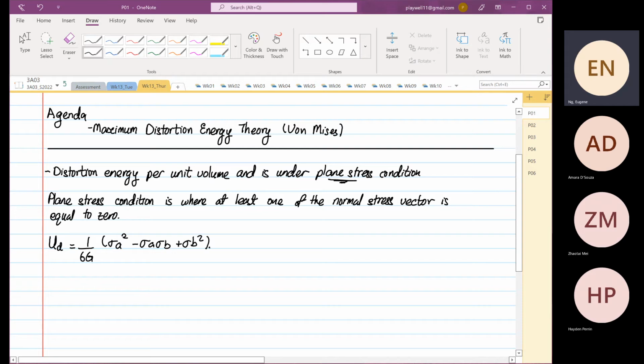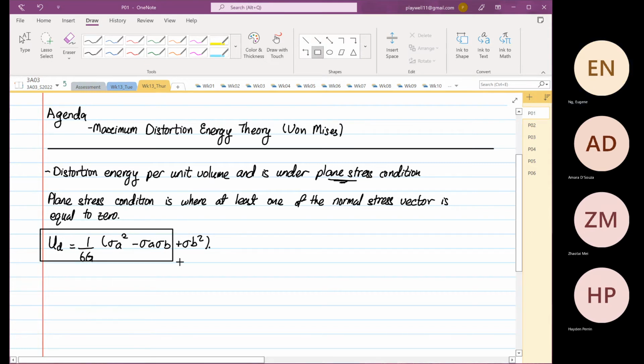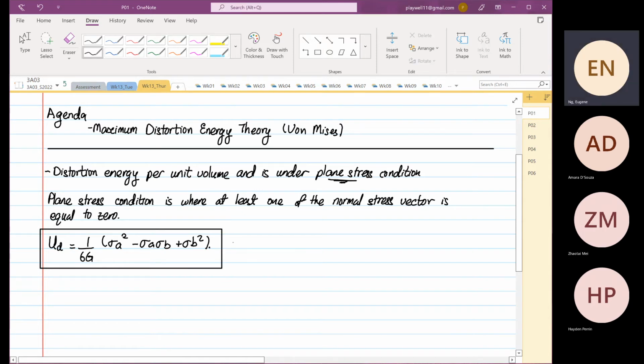I'm not going to derive this equation. We are just going to apply this equation, so this is our equation number 1,